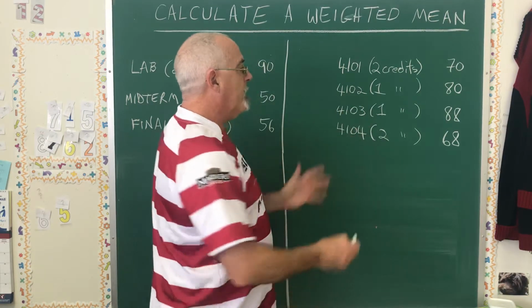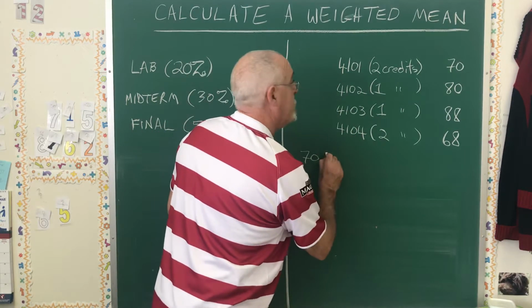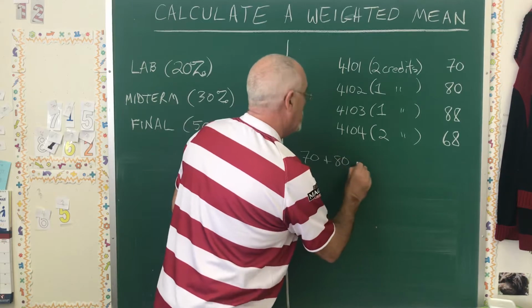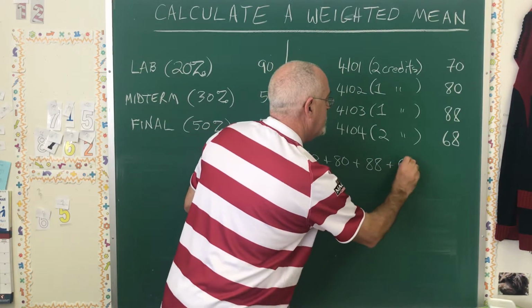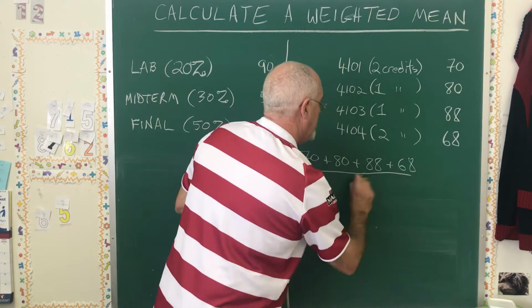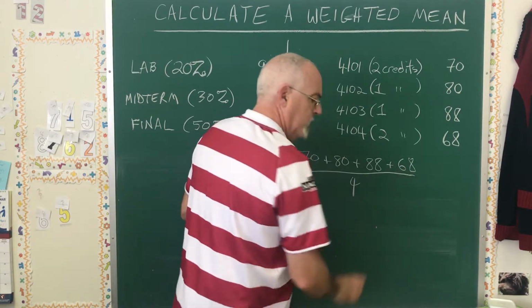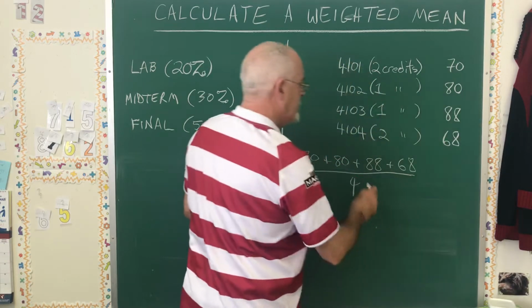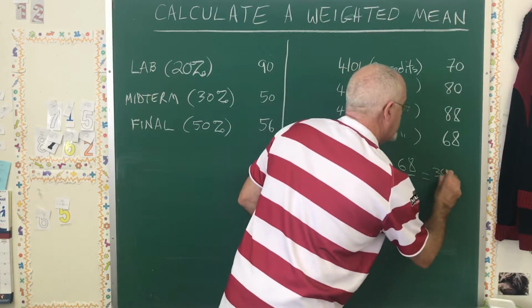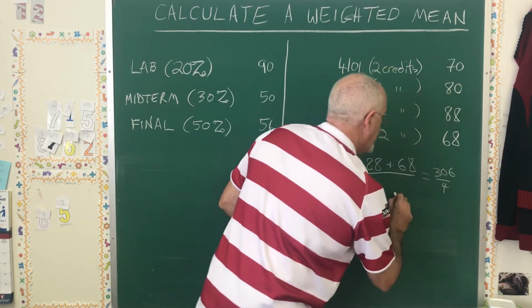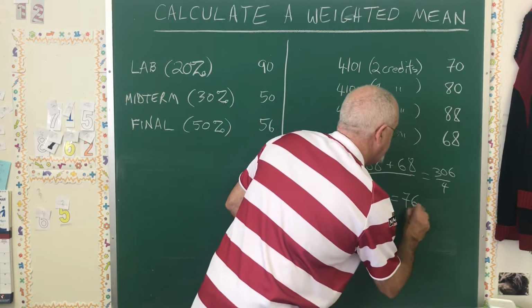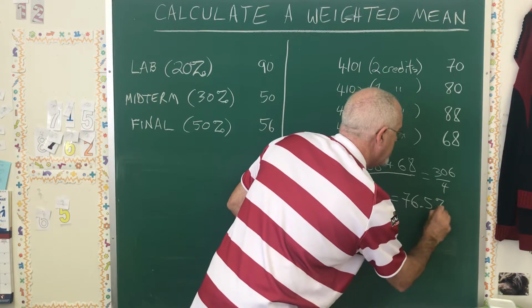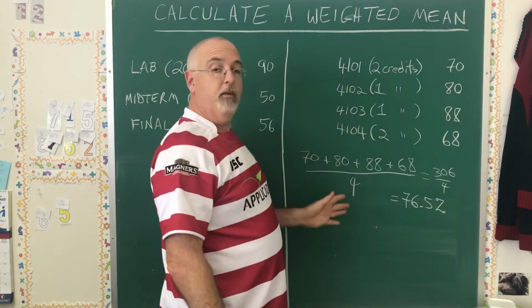The student might think all they have to do is add the 4 numbers together and divide by 4 the way you normally do when you calculate an average or a mean. And they would get their average for the course. If they do this, they will get 306 divided by 4, and that will give them an average of 76.5%. But this is the wrong answer,